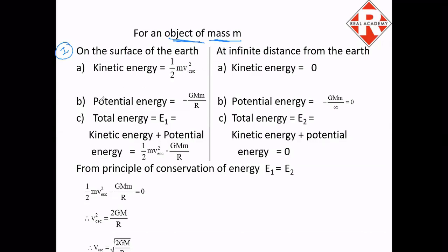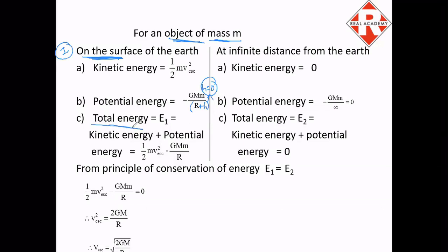Okay, what will be the potential energy? So potential energy gained by that object will be minus GMm upon r plus h. We already have this formula for potential energy, that is minus G, G stands for gravitational constant, into M, that is mass of earth, into small m, that is mass of the object, upon r plus h, where r is the radius of the earth and h is the height of the object from the surface. Now since the object is on the surface, h is going to be 0. So in that case, you are left with minus GMm upon r. Okay.